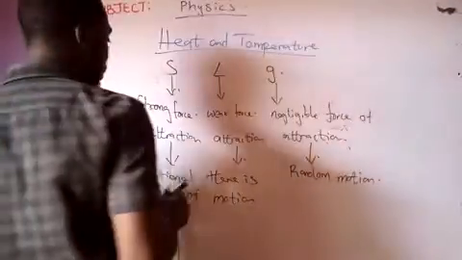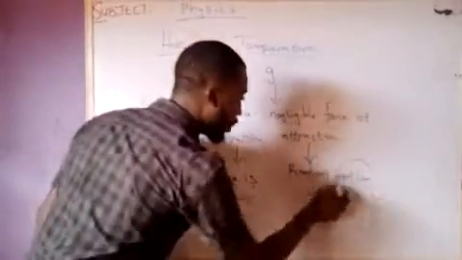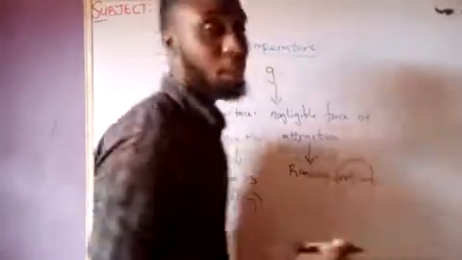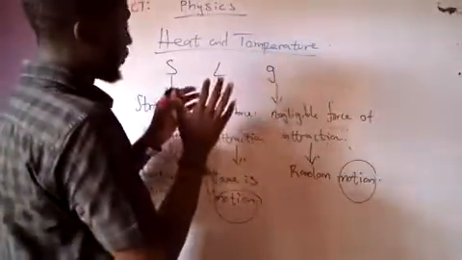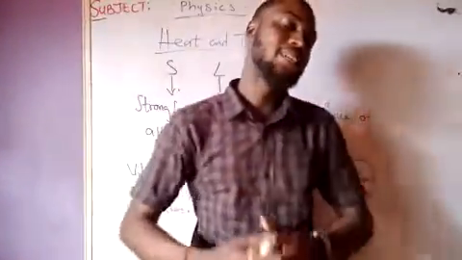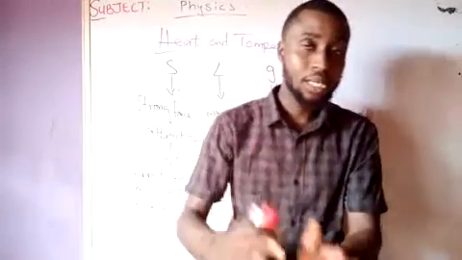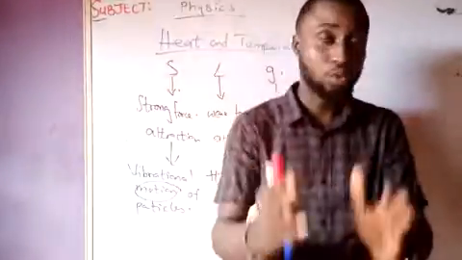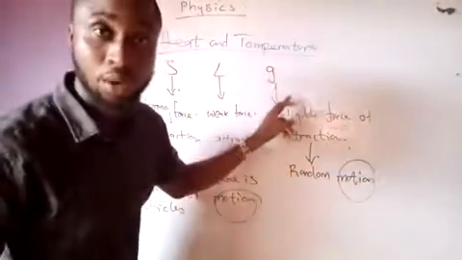So which implies that particles of solid, liquid, and gas have one thing in common, and that is what? Motion. The type of motion might be different, but they all have one thing in common. Okay, let me have a quick recap. I said matter comprises of atoms, atom comprises of what? Particles. And particles make up every substance that we what? Have. So the three basic states of matter we have are what? Solid, liquid, and what? Gas.